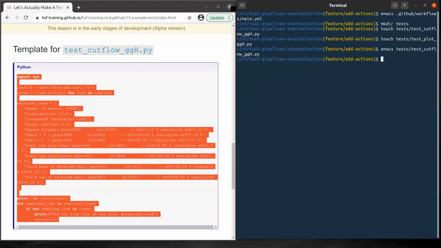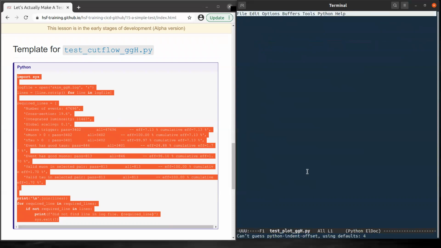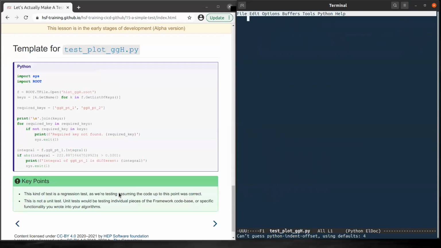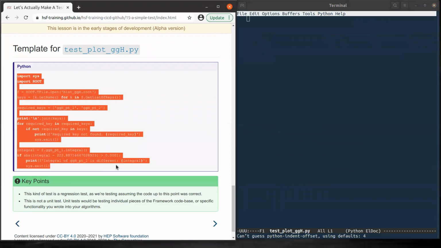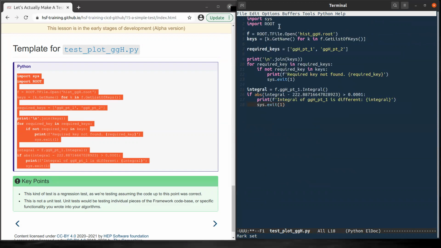Okay, let's now do the same thing for the test plot. Let's find the content here. As you can see, we still need ROOT. And the second script needs the histogram that contains some plots here.